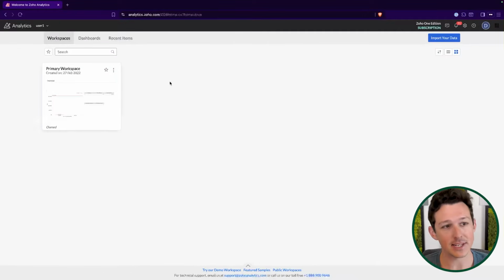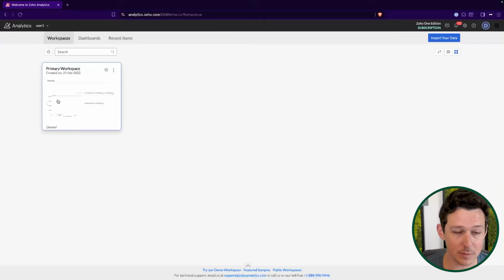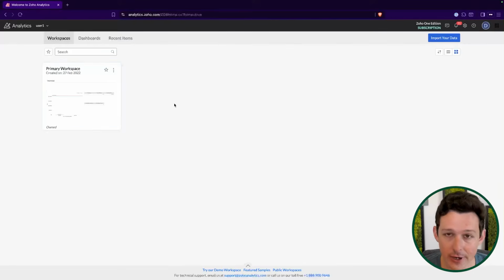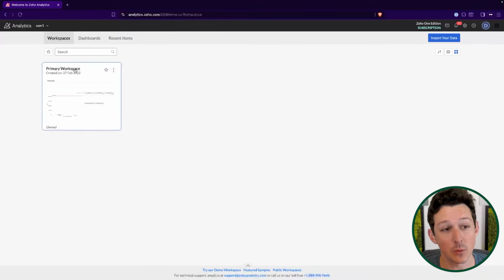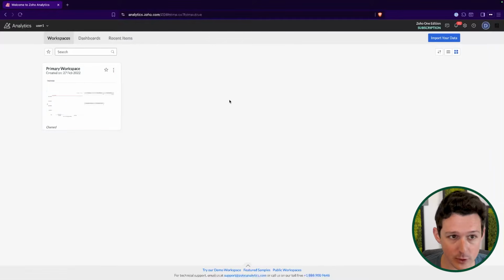So here I am inside of Zoho Analytics. I, for example, have a workspace set up already in here. A workspace is kind of like your top layer of organization. Many companies end up only having one where they pull in all of their Zoho data, but you can have multiple. If you don't have one already, the way to create one is up here in the top right under